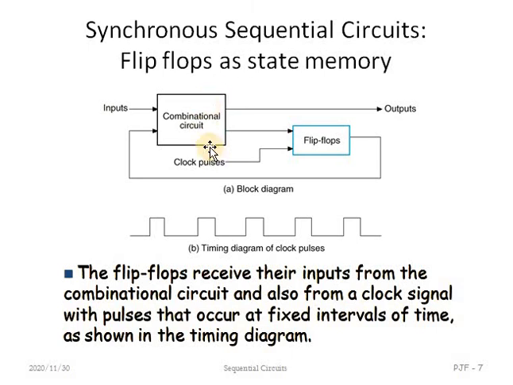See here the same sequential circuit diagram, but here an extra input is given, that is a clock pulse. It has an input, it has an output, it has a combinational circuit. The present state is given as an input to the flip-flops, that is the storage element. The output is connected as a feedback path to the combinational circuit. An extra thing is a clock pulse which is given as input to the flip-flops. So I will explain here.